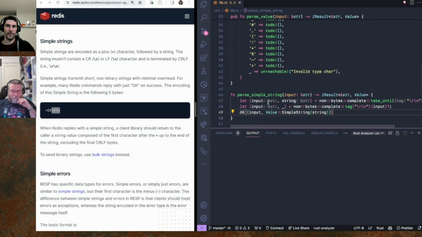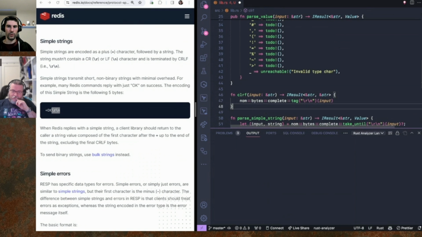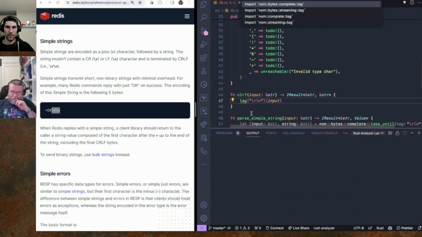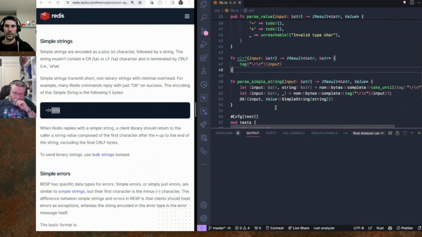So now this is almost good. There is this take until, but I think we can do it slightly differently. Maybe one thing we can start to do, because I think we will need this a few times, is implement a CRLF, which basically does this. And tag, we can import it. Nom complete, I think this one should do. So when we have this one,